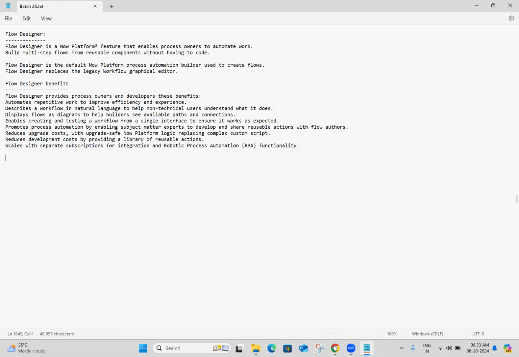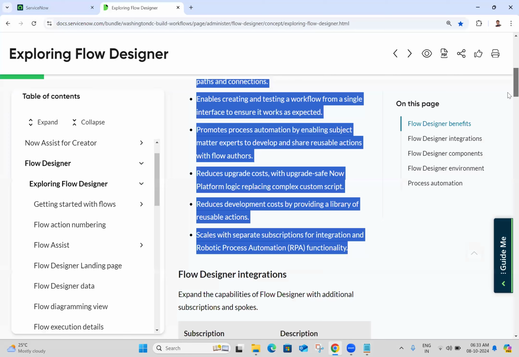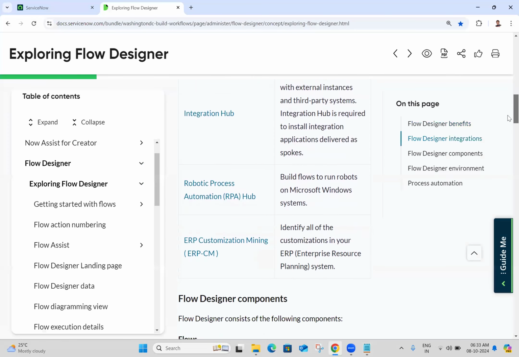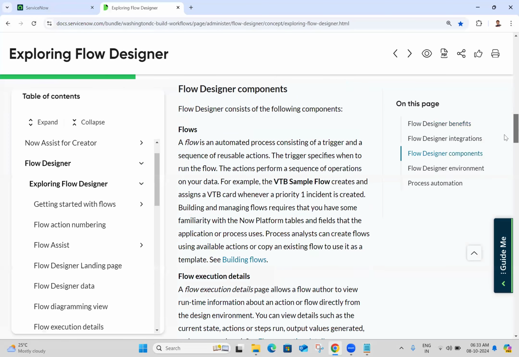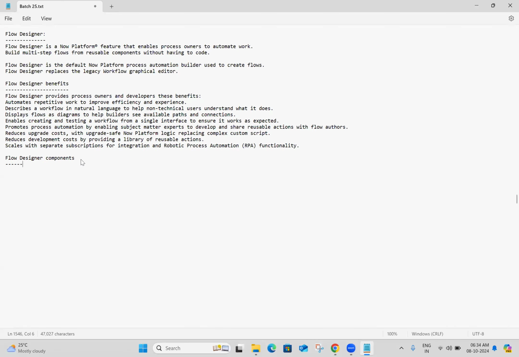And in flow designers, we have different components. We can note about that. You can see these are the flow designer components. First of all, we can note down about the flow designer components. Nowadays, flow designer is a very, very important concept. We can give 5 stars for the flow designer. So flows,